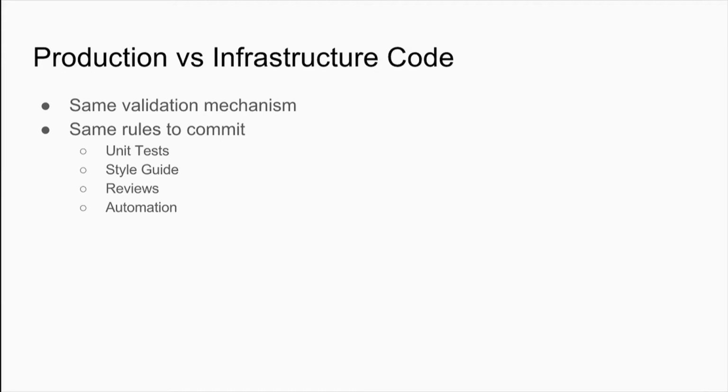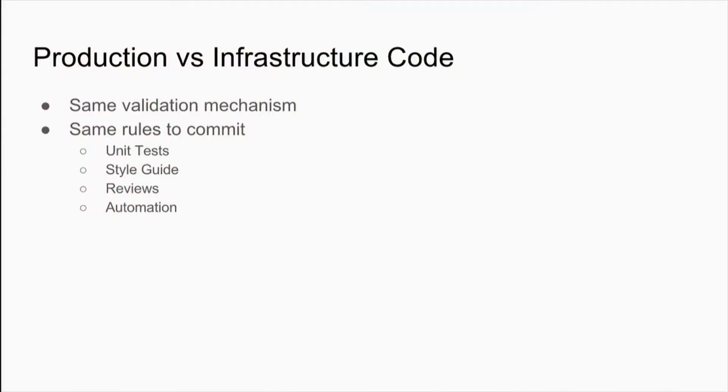You don't want to do manual testing for something because it takes a lot of time and it's error prone. So every infrastructure code change also goes through the same automation that a production code change would go through. Maybe it goes to a different place, but it does the same workflow and you can integrate with it the same way. So you don't have to think about, oh, is this production code? Is this infrastructure code? Is this play code? It all follows the same pipeline, same guidance, and I think if you treat your code like that, you'll have a much higher quality code base going forward and people will start to understand what's happening.